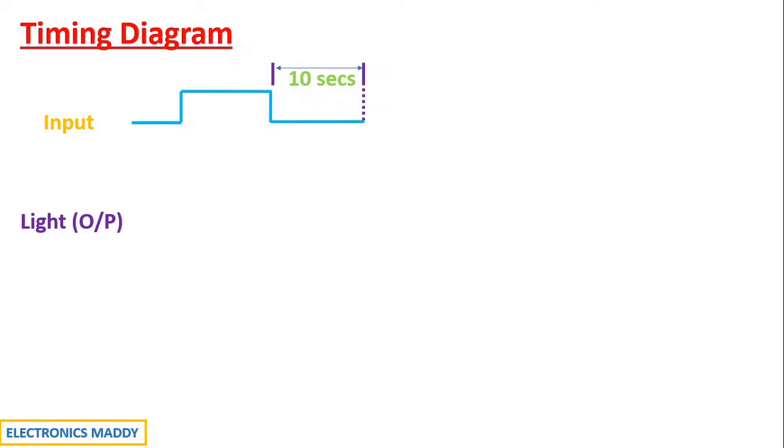So what happens initially according to case 1: when the input was low, the output was high. Consequently, once the input went high, when we are energizing the push button switch, instantly the light went low. And from this point, if you carefully observe, again when the input goes low, it takes 10 seconds for the output to go to high state. The light started to glow only after a 10 seconds delay and then it went to high state. And this is how we will be analyzing the timing diagram. I hope this concept is clear.